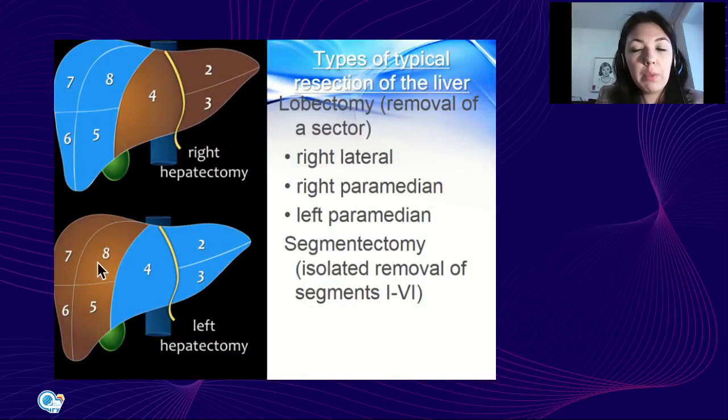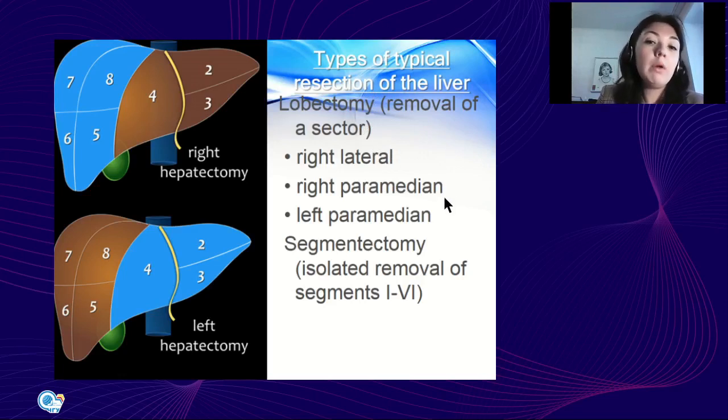So which types of typical resection of the liver are performed? Yes, first it is hemihepatectomy, like right hemihepatectomy, which includes 5th, 6th, 7th, and 8th sectors, yes, and left hemihepatectomy, 2nd, 3rd, 4th, and probably 1st if it is required, but it's not compulsory to remove the 1st segment because it has double blood supply, yes, we remember. So we also can perform lobectomy or removal of a sector according to the sectors, yes, right lateral, right